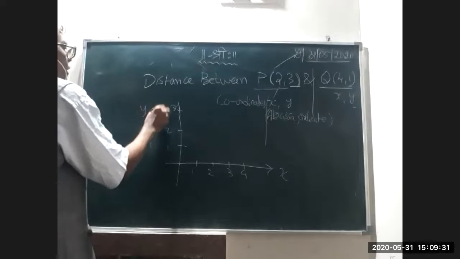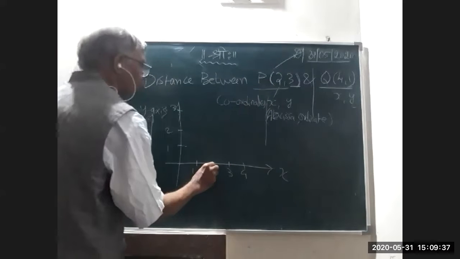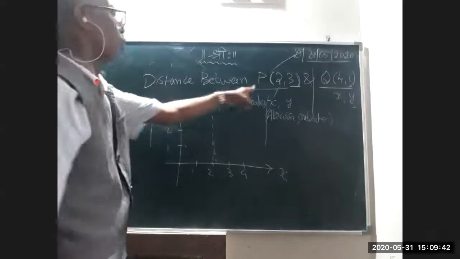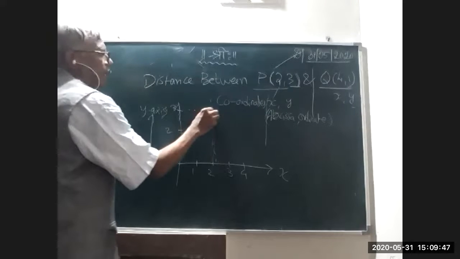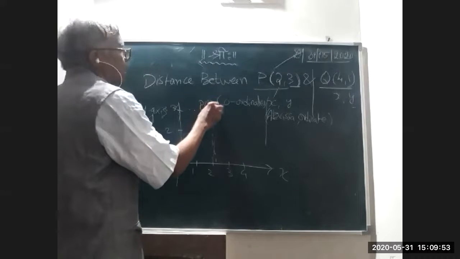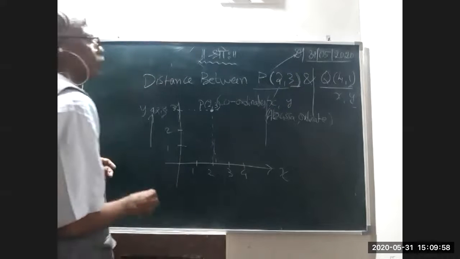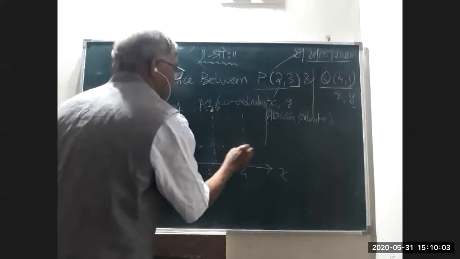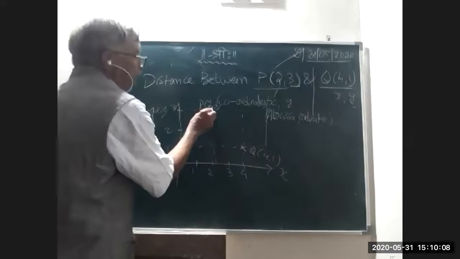Great. Now, Px is 2, therefore I draw a dotted line here. Now, y, that is ordinate, is 3. I draw a dotted line perpendicular to the y-axis. It will get intersected at one place, which I call P, having abscissa and ordinate 2, 3. Now, going to Q 4, 1, x is 4, y is 1, the intersection we call Q 4, 1. Join this PQ.